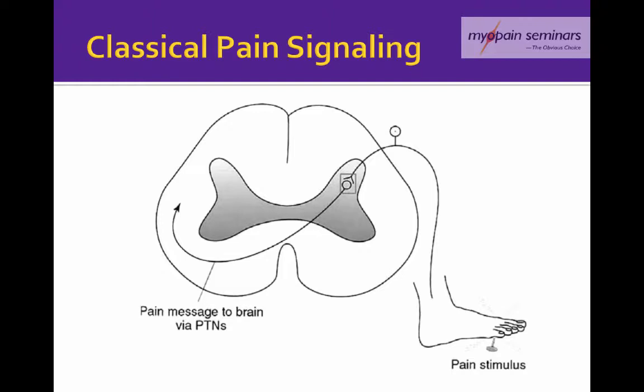So when a painful stimulus is encountered, such as stepping on a tack as in this example, peripheral pain responsive nerves, the A and C fibers, are excited. These axons transmit action potentials to their presynaptic terminals in the spinal cord dorsal horn. If the signal is strong enough, neurotransmitters released bind to and activate postsynaptic receptors on pain transmission neurons, wide dynamic range neurons, which in turn ascend contralaterally through the spinothalamic tract to the brain, carrying the signal to higher centers, giving us an experience of pain.